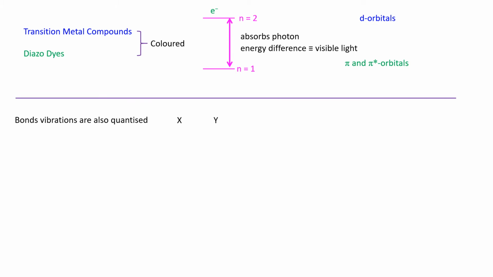So here's a pretty little animation that it took me a while to do. Here's two atoms, X and Y, and we're going to say that they're bonded. Now, of course, X and Y, the atoms, are moving around, but because they're attached by a bond, they can't just move wherever they want. It makes it look like the bond is vibrating. So here's a nice little bond